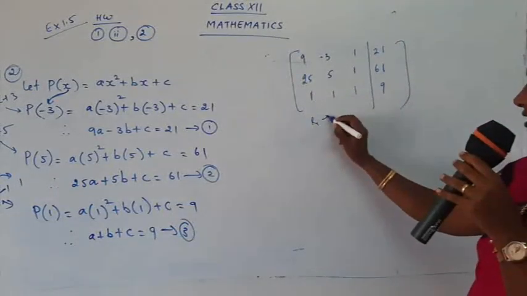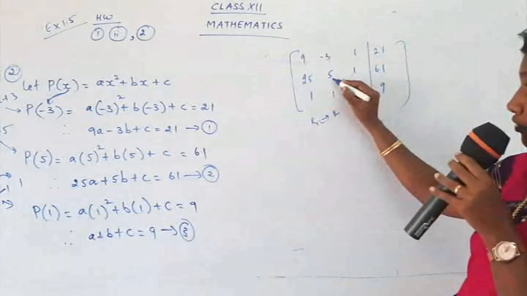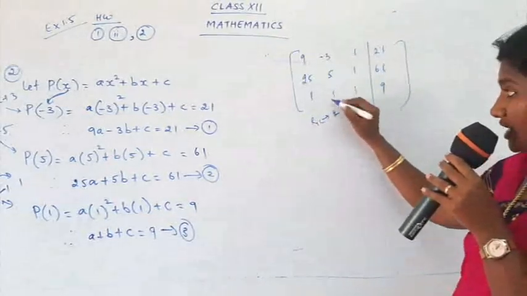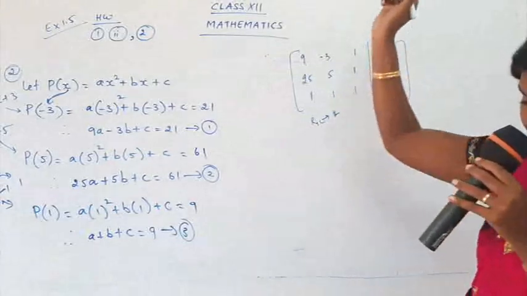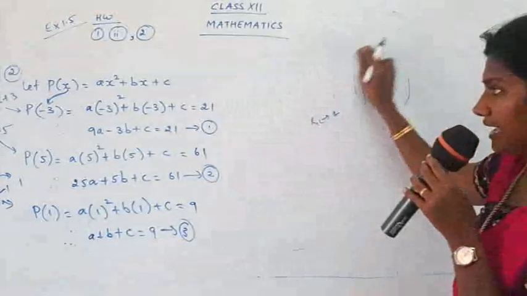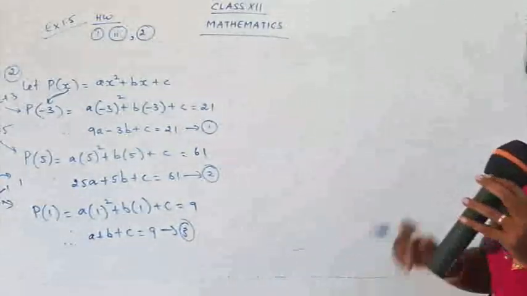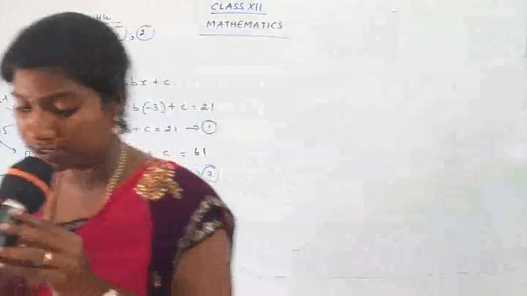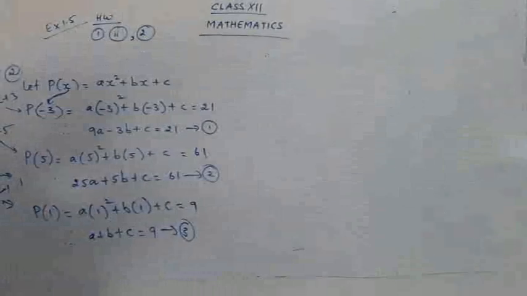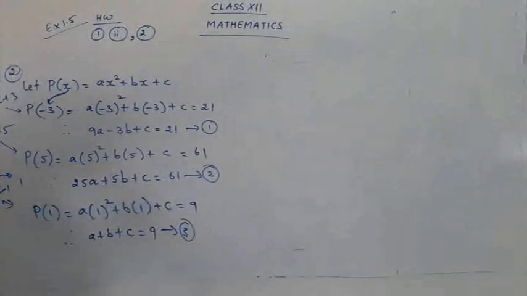You can interchange R1 and R3. So just follow, then try to bring 2 zeros here. Then see the second row, non-zero element. Then try to bring 0 here. Then use your back substitution method and get the values for x, y and z. Can you complete the second sum? Yes, I hope you can complete your second sum. You just have to follow your sum number 1 for sum number 2. So your homework is sum number 1 second subpart and question number 2. We'll continue the remaining sums in the next class.